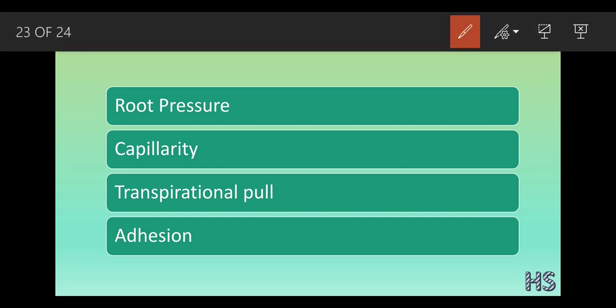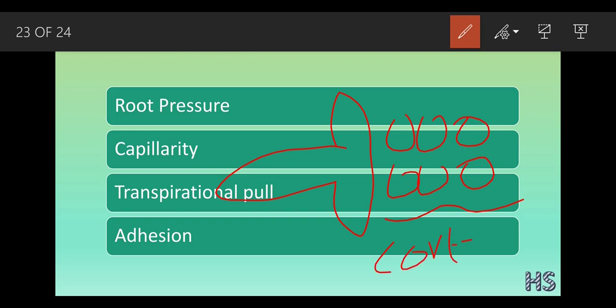I made this part for you. Okay, this was a proper root hair cell, and this was the cortex region, and when the water gets full inside, it passes the water to the next neighboring cell, and it gives the water to the next neighboring cell. This is called root pressure. Okay, we have covered this part.